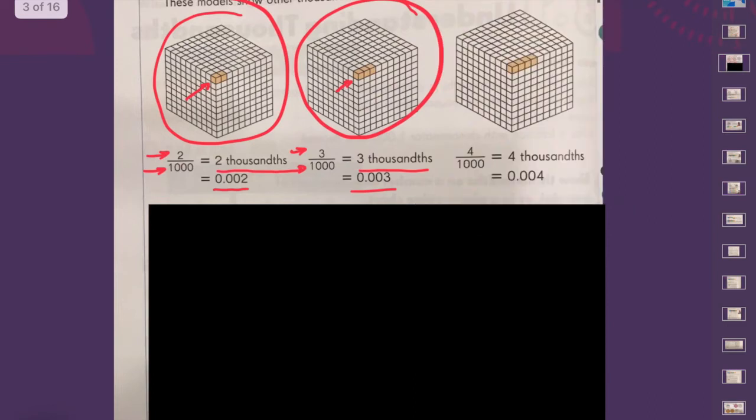If we have our whole, which is 1,000, and we have these 3 small cubes colored in, that's our numerator, we have 3 thousandths, or 0.003. And on this last one, if we have 4 thousandths shaded in, that would represent